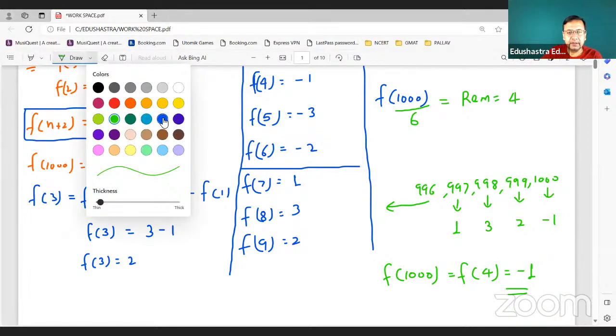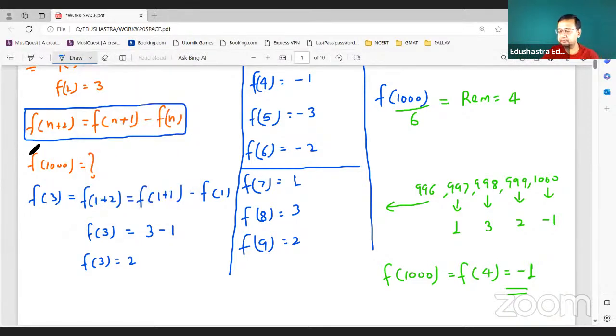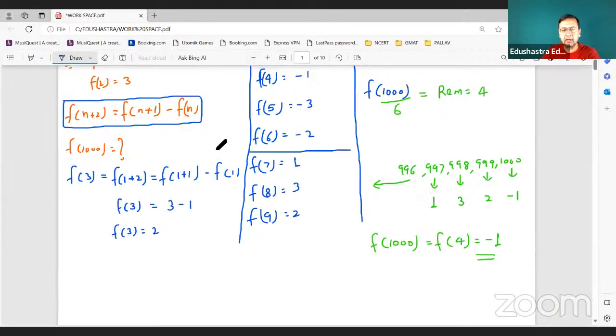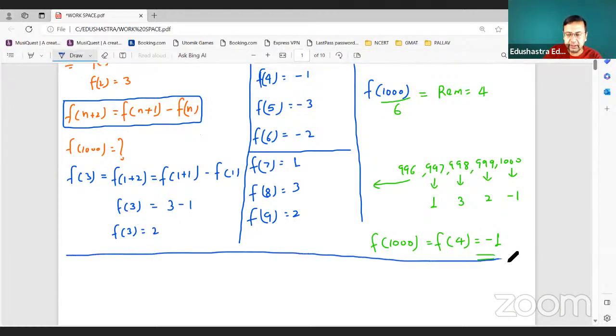Right? Getting this answer, -1, everyone? Okay. So everything is the same, function definition, everything same. The second part for this is